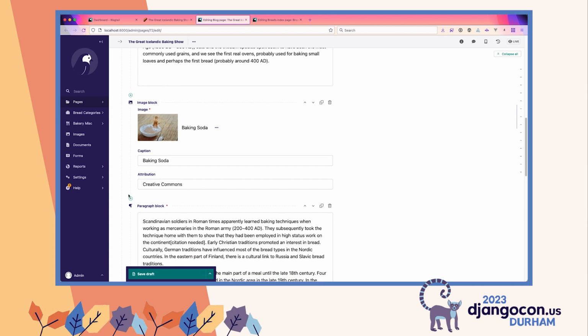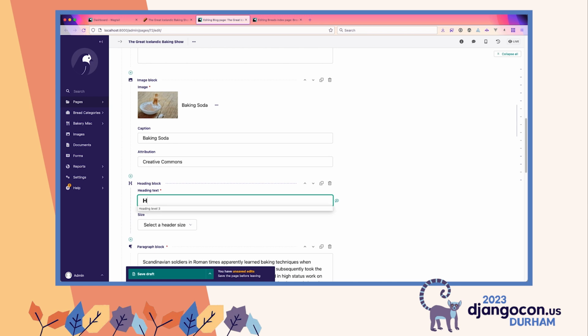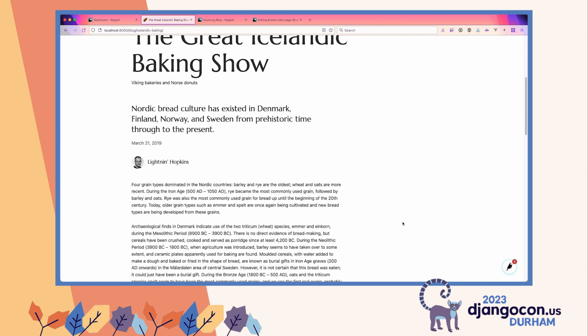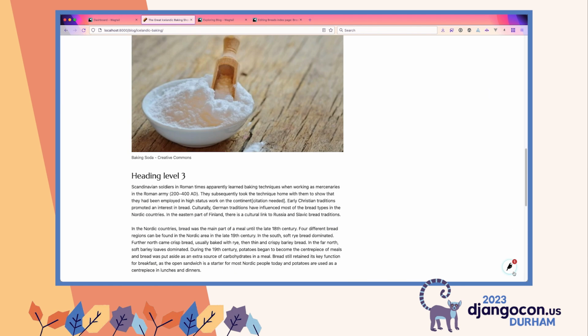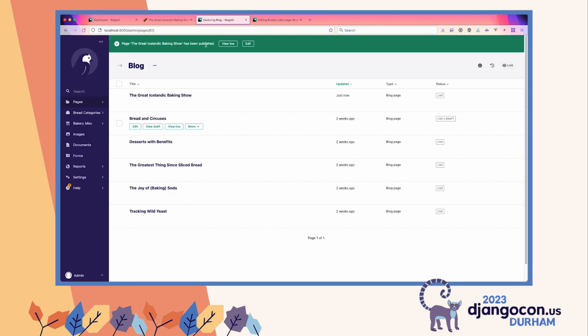And there is also, within that, a heading block. So we can create a heading block, and we're going to enter heading level 3. We get to choose the size. We can choose between H2, H3, and H4. And if we choose H3 and publish the page, you'll see that Wagtail has no problem with this by default. But if we refresh the live page, we have our new heading here, and we now have an error in the accessibility checker. Incorrect heading hierarchy. Avoid skipping levels. Right there. So we can easily remedy this by converting it to an H2 in the editor,